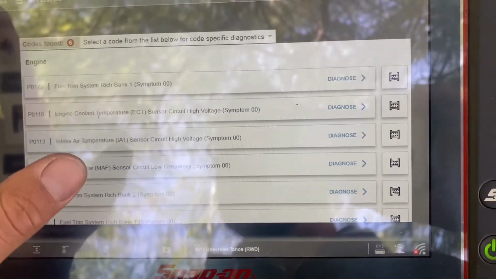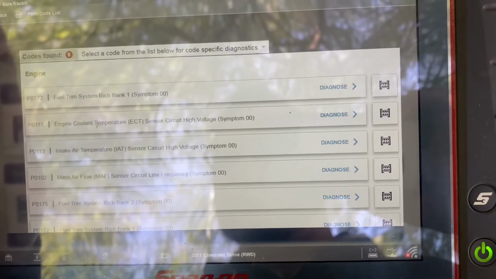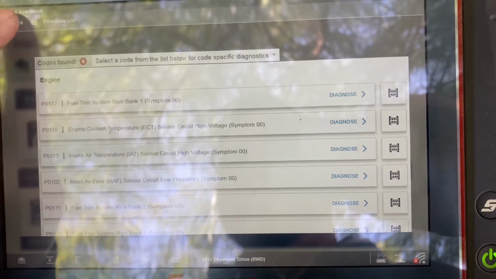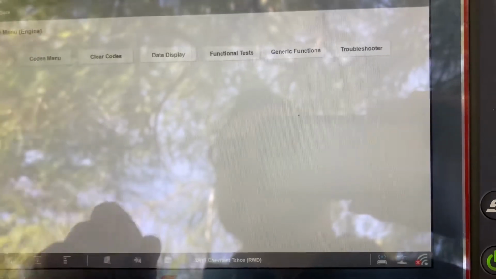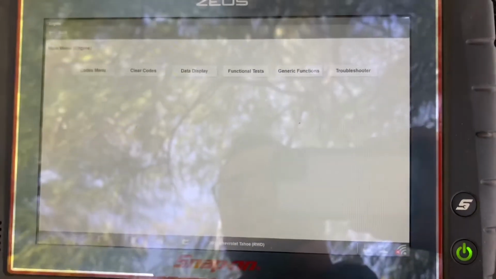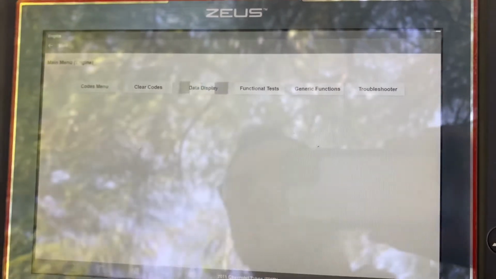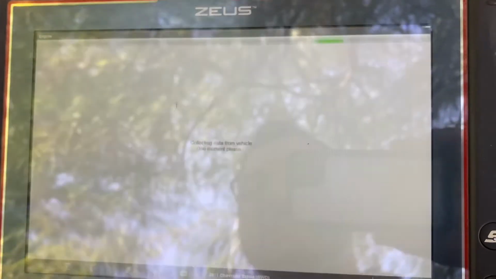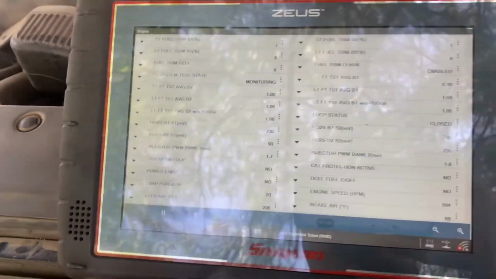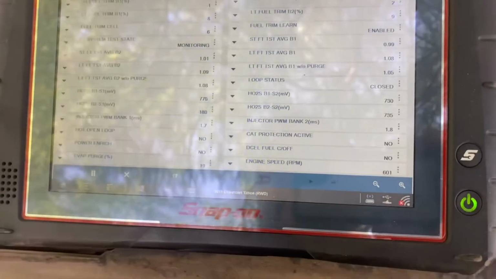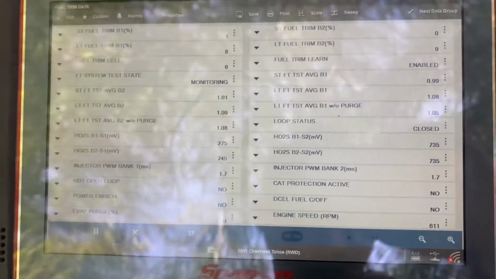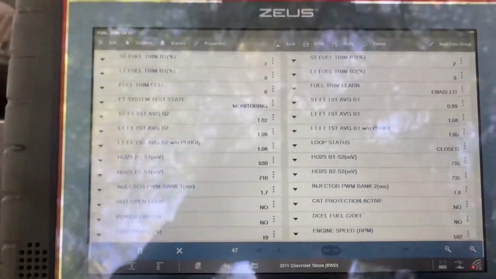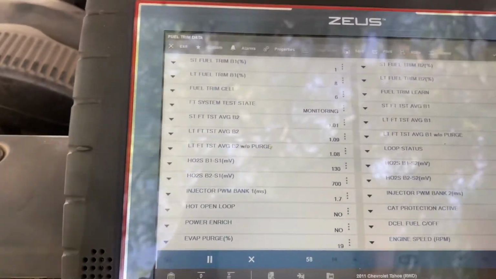The customer did bring the truck like that. He bought it, so he didn't know too much history of it. But one of the things that I did notice, once I saw everything, the data PIDs and everything, one thing that is common,